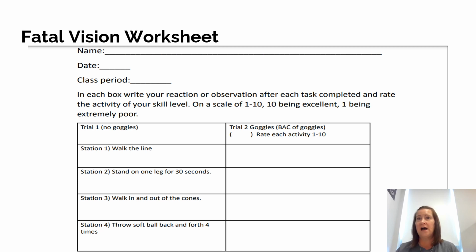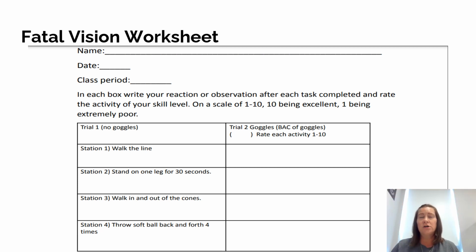They have a really good time. They are quite surprised by how altered their vision can be, how altered their motor skills can be while wearing the goggles. Prior to this activity, I think they really underestimate what it's like to be intoxicated. For a lot of them, it's really eye-opening, and they've said things like, I don't understand how a person could even get behind the wheel of a car like this. It's wild. I see 2 complete things in front of me.